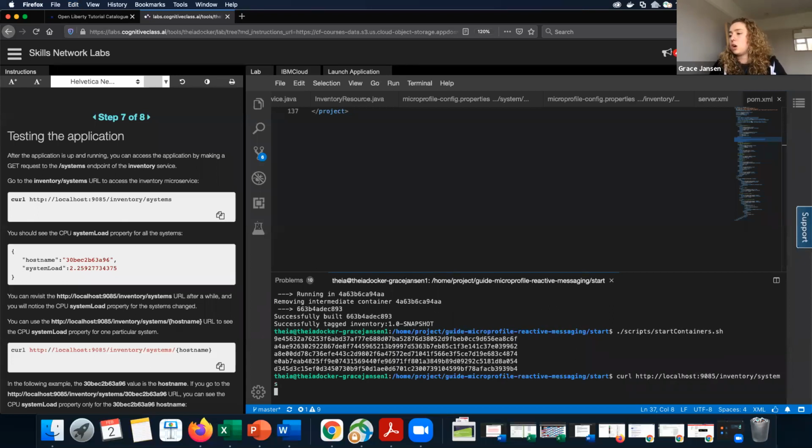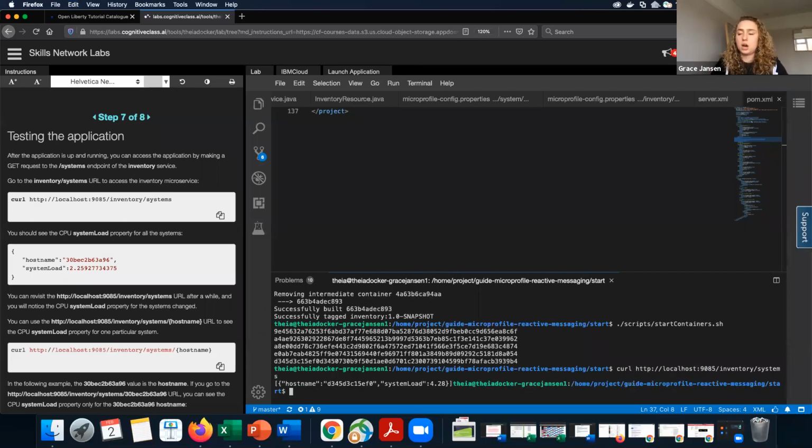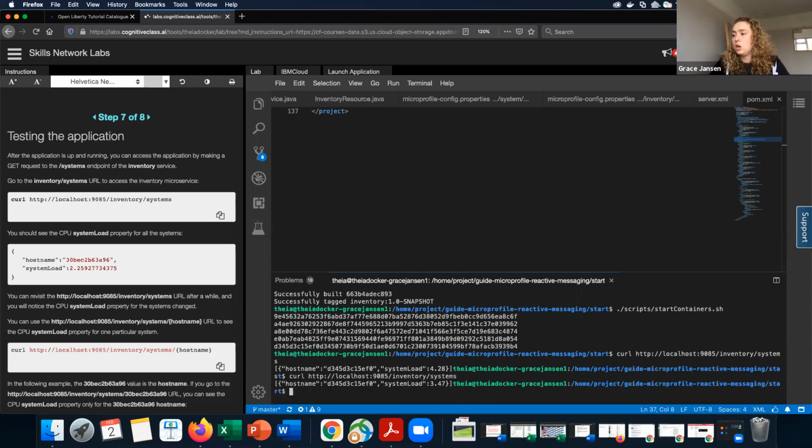As I said, it might take a little bit of time. Huzzah, cool, I've left it enough time. So you can see here we've got my host name and my system load. And this system load is the part that should hopefully change. Yep, you can see it's changing because it is updated every 15 seconds. So every 15 seconds, you should be able to see some sort of change within that system load number, which shows that our application is working correctly, which is exactly what we want to see. So we are successfully sending MicroProfile Reactive Messaging messages from one microservice to Kafka and then consuming from Kafka and being able to show that through an endpoint in our second microservice.